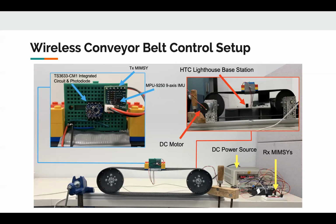The TS3633CM1 prototyping module is an integrated circuit and photodiode that generates an envelope pulse train of the infrared signals received from the Lighthouse, which the MIMSI receives as rising and falling edges through its GPIO pins. The written firmware uses rising and falling edge hardware capture registers to record pulse timings precise to 100 nanoseconds, in addition to falling edge interrupts to read from those registers and decode the pulse trains as horizontal and vertical angle